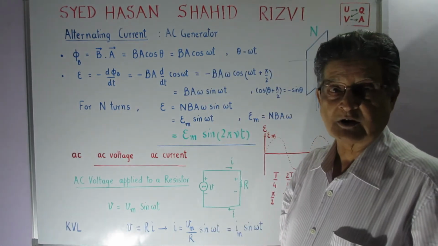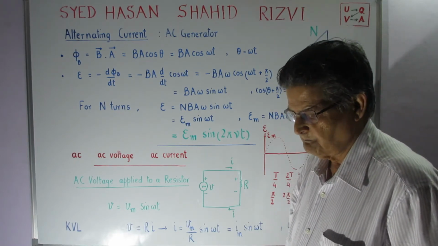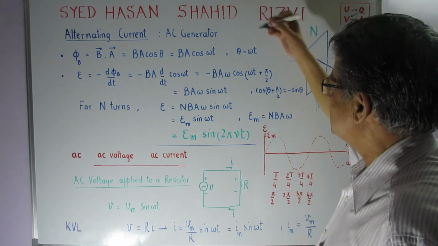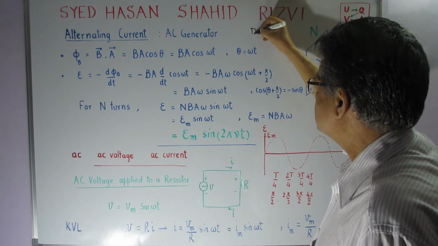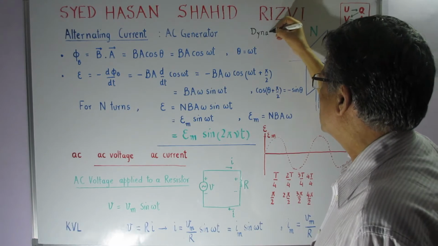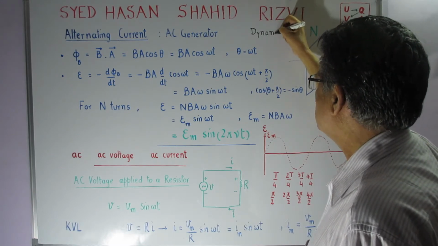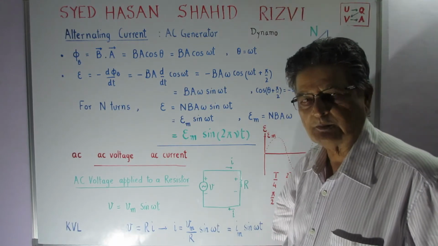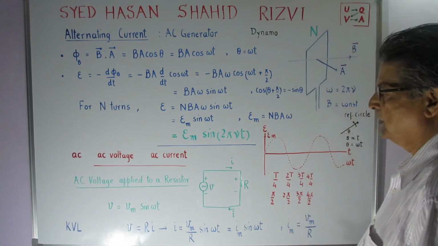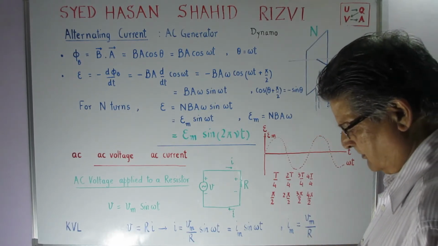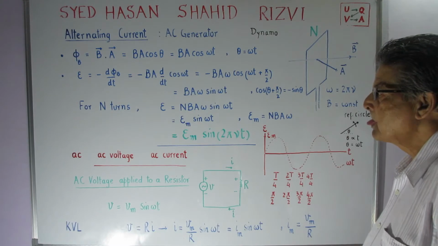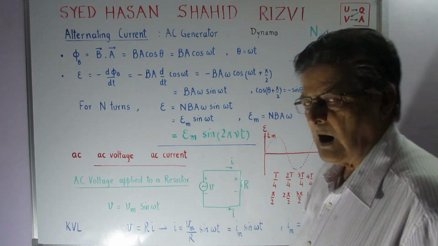So dynes are converted into mhos, amperes, and therefore there is an old name, and that is dynamo. But dyne is the unit of force in the CGS system, and ampere of course has been the unit of current, and the current has been considered to be one of the leading factors. So this chapter we call alternating currents,